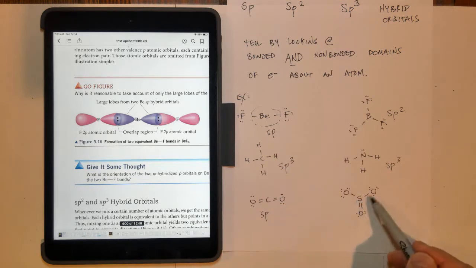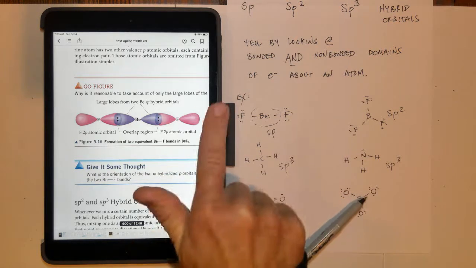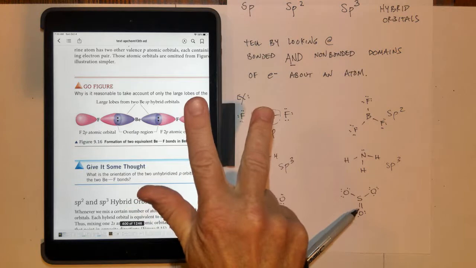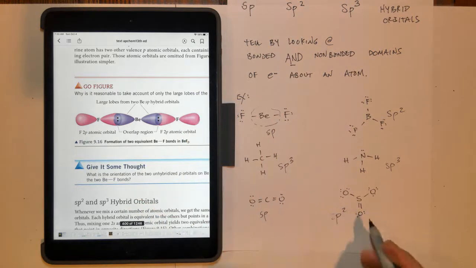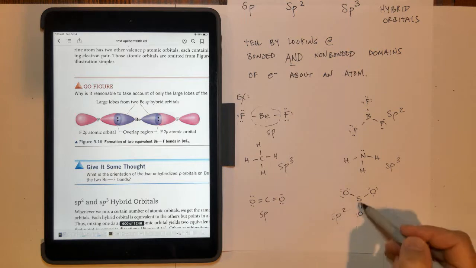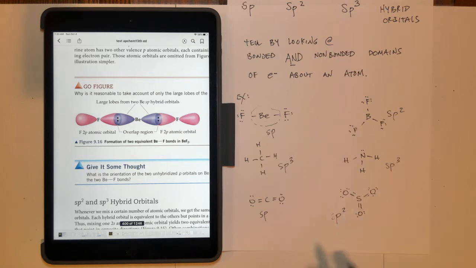All right, how about this SO3 molecule right here? Start here, S, P, P. All right, so that would have an S and 2 P's, so this would be sp2 hybridized. Somebody might be concerned because they noticed this double bond would resonate and move around to here, and it would actually be a bond and a third between each one. You're correct, it doesn't make any difference if it's a resonating double bond or just a double bond. You still just count it once. So this would be an sp2 hybridized set of